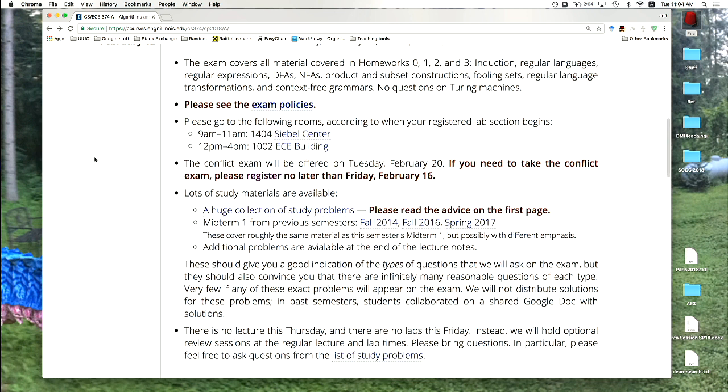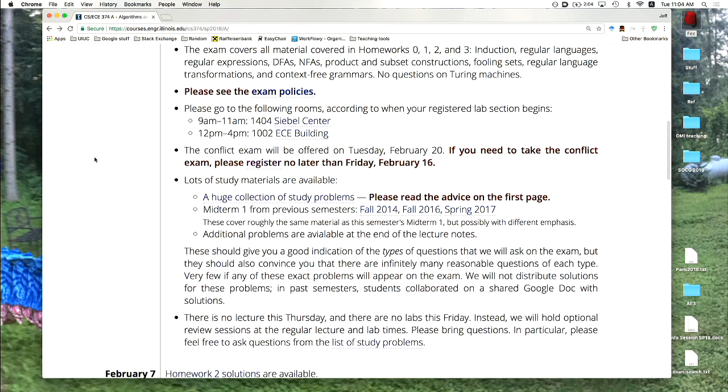Let's see. There's a bunch of study materials. So in particular, there are 3 past exams. The first 2, Fall 14 and Fall 16, are from the last 2 iterations where I wrote the exam, or most of it. Spring 17, this is a more recent exam from,